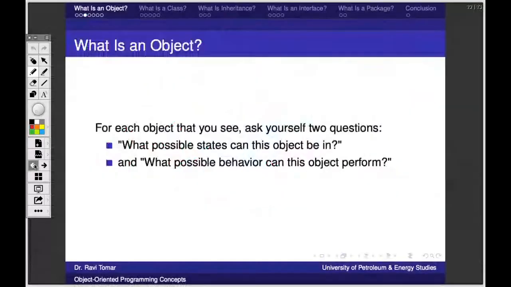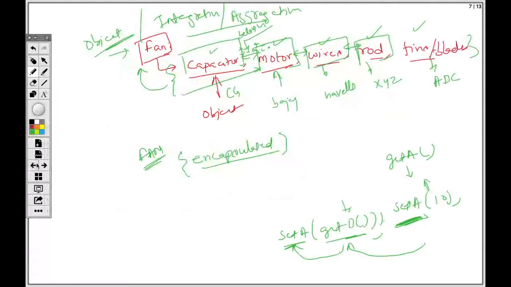See here in this example. When we want to build a fan, we need a capacitor, motor, wire, rod. So Crompton Greaves is parallelly working to build a good capacitor. Bajaj is parallelly working to build a good motor. Havells is building good wire. Maybe right now all of them are at version 1.